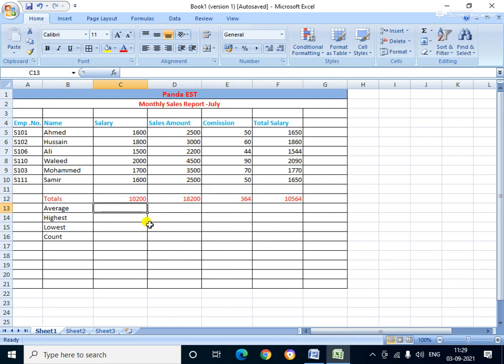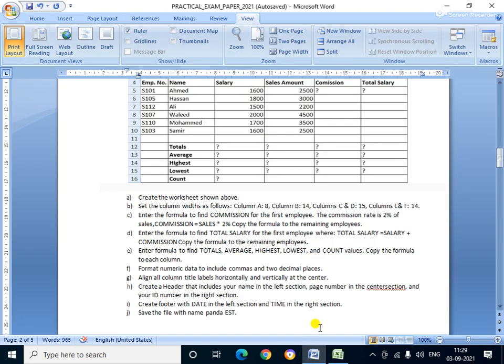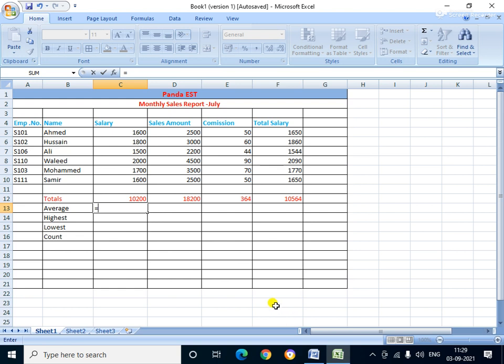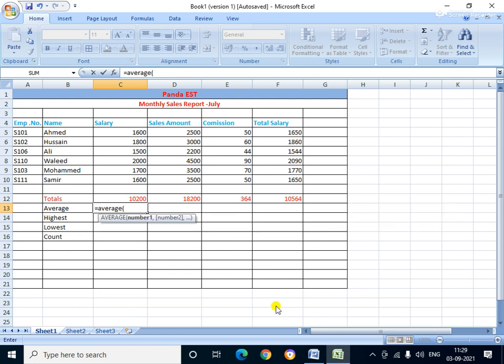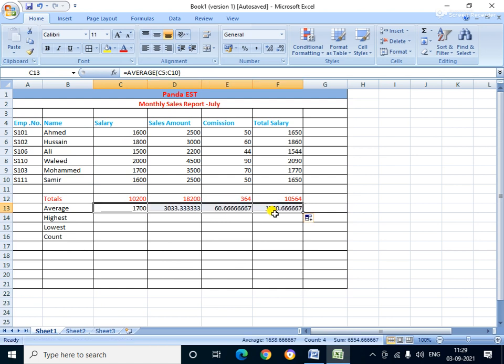And next, in this way, the average. Go to the question: enter the formula to find the average, highest, lowest and count the values, and copy the formula to each column. So equal to AVERAGE, then the first bracket, then select the data range like this, then bracket close, enter button. Then select the rest. Here the decimal values are showing.